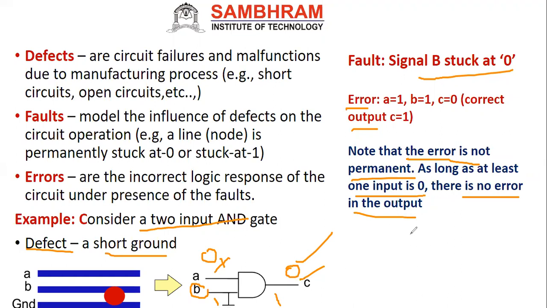That is why sometimes, while doing our program in our HDL lab, we might have seen that if I'm having 8 combinations of input, I may get the correct output for 7 combinations. You may think, yes, my circuit is working fine. But what about the last one? When you check the last combination, if it is not providing the correct output, then there is an error over there. So that is nothing but the error.